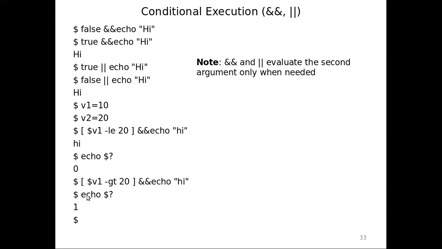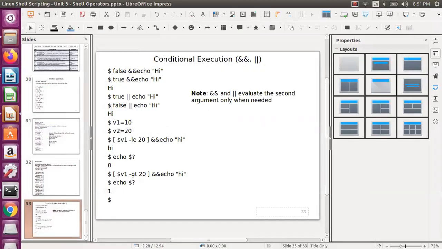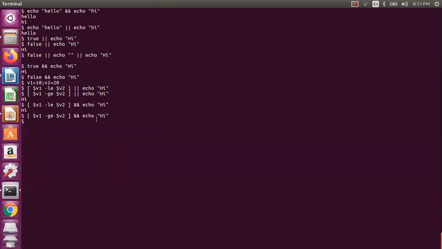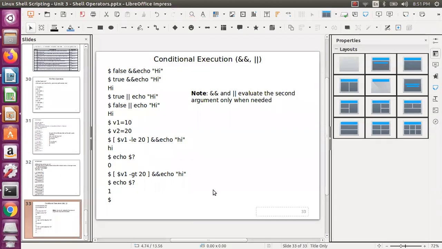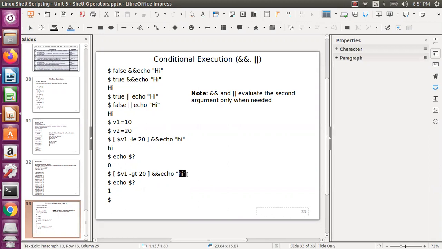Of course you can also check echo dollar question mark, which will tell you the command execution status also. So this is false we are telling, right? How do you know? Another way, you can do a cross check. The echo dollar question mark will be one. Now if you see this one, sorry, less than we will see, right? Yes, it will be true, so then it will be zero. So you can check for the remaining things. Anyway you are getting the output, which means it is going to that particular side, so no need to check. But if you still want to cross check, yes, definitely you can do.